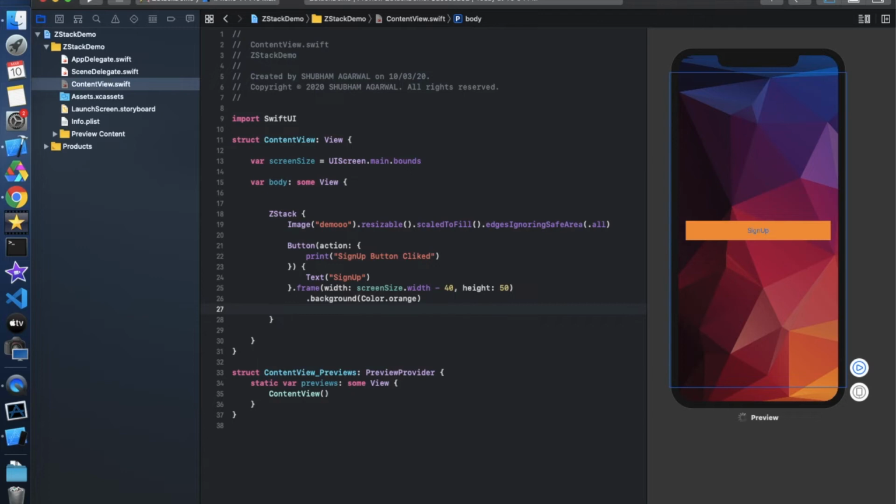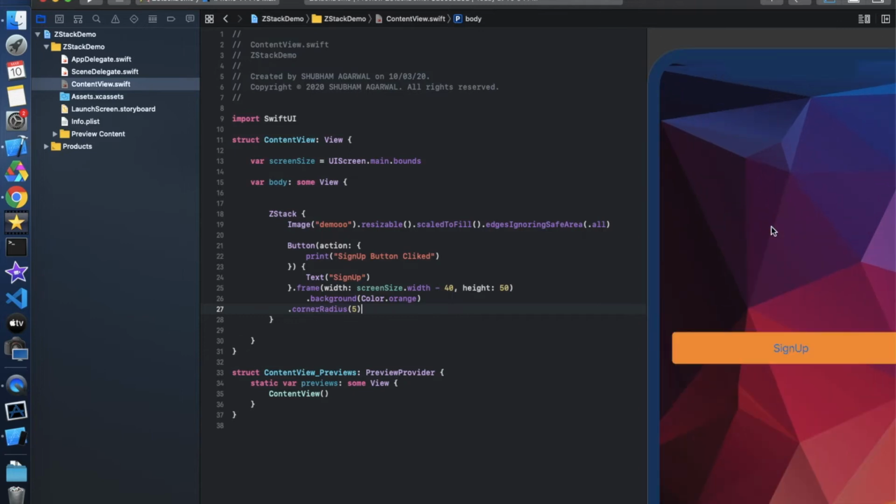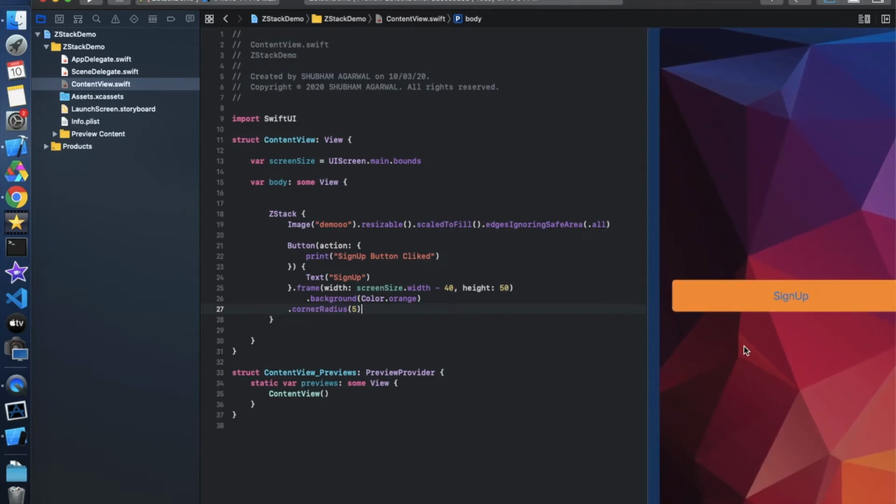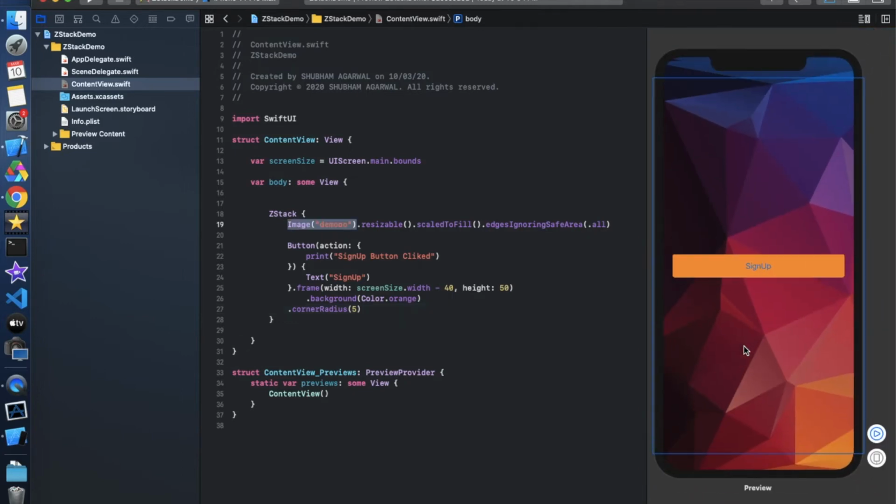Now let's give a corner radius, and it should be 5 pixels, like this. So this will create a good looking button, as we have seen in the demo.